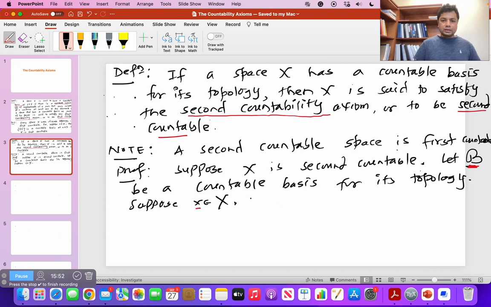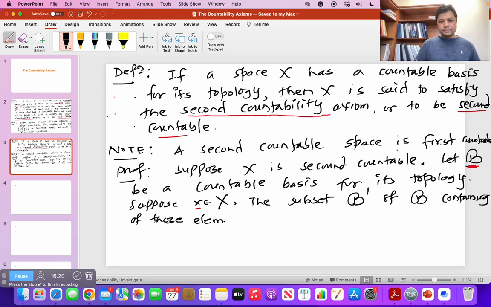Just let me write down this thing. Suppose x is in X, then the subset script B prime of script B containing x, those elements of script B containing x,